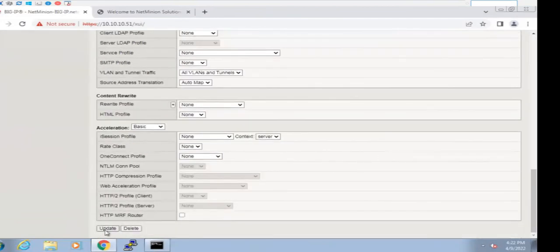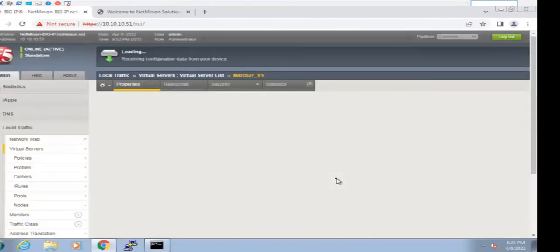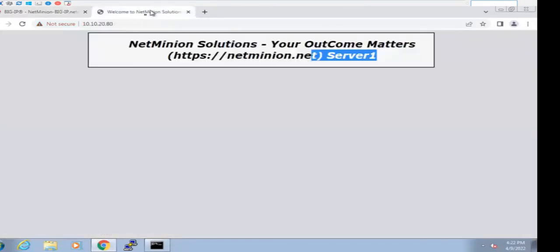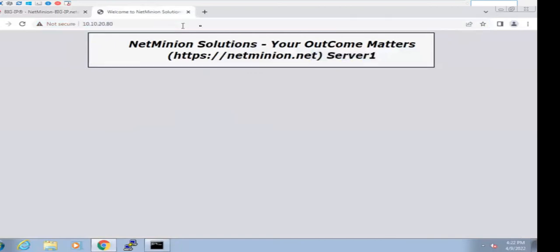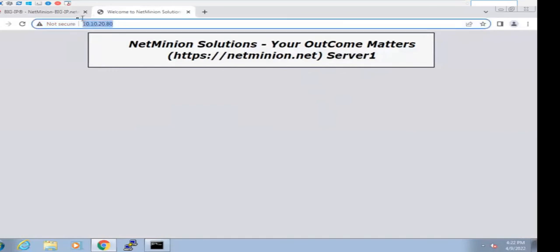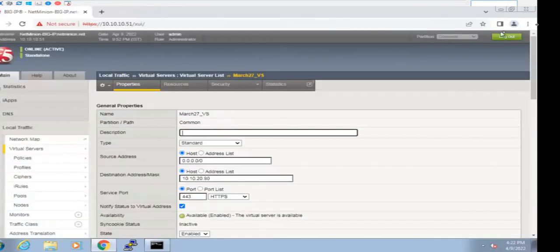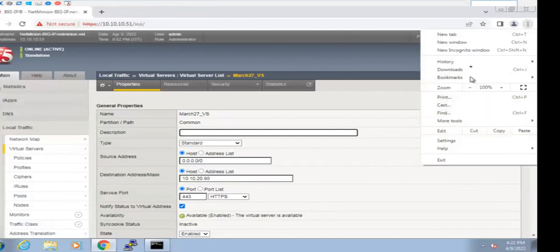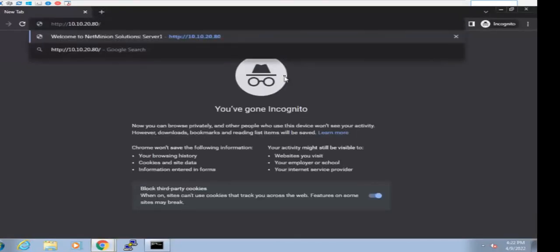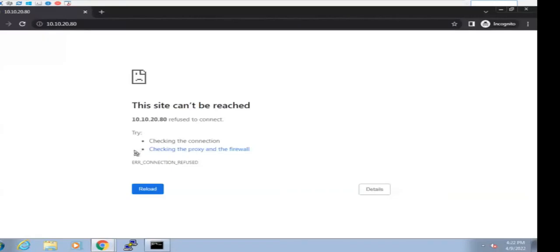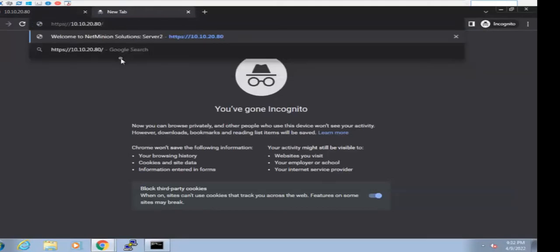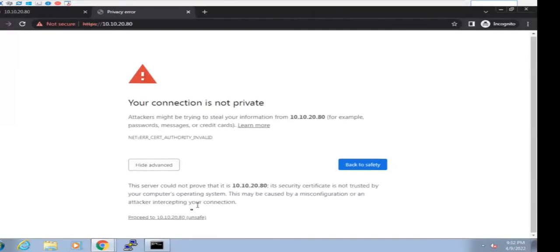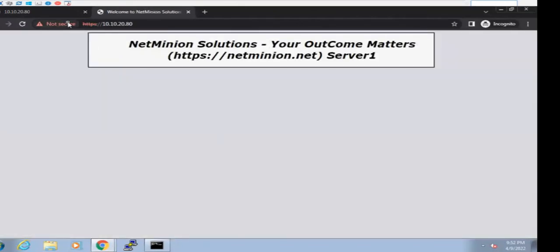Let me put some kind of profiles. What are the profiles? We will go into them later and we will be able to understand. You can see now this request will not be fulfilled over here. Probably I need to check through an incognito window, as it may be cached. If I show you HTTP, it should not respond because we converted it into HTTPS. Let me now check on HTTPS, same thing. And here you go, it is giving me the same answer.